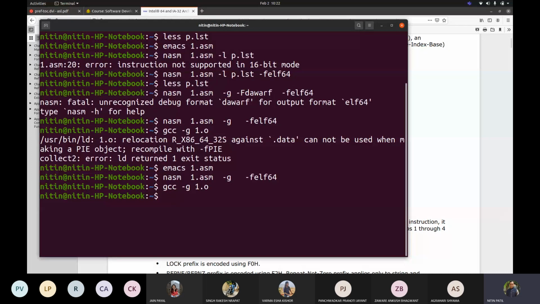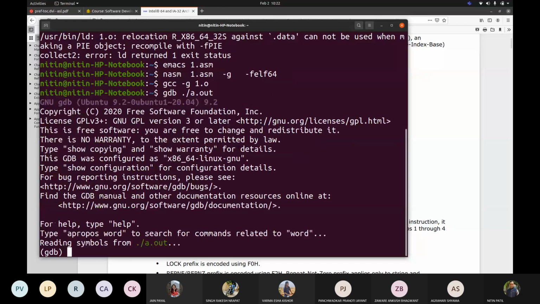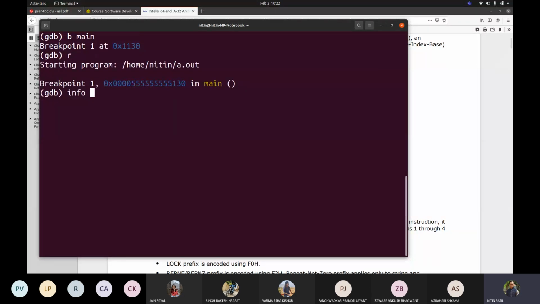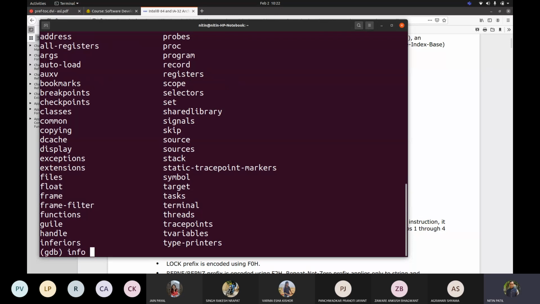Yeah, so now if I write gdb ./a.out, break main, then run, info all-registers.